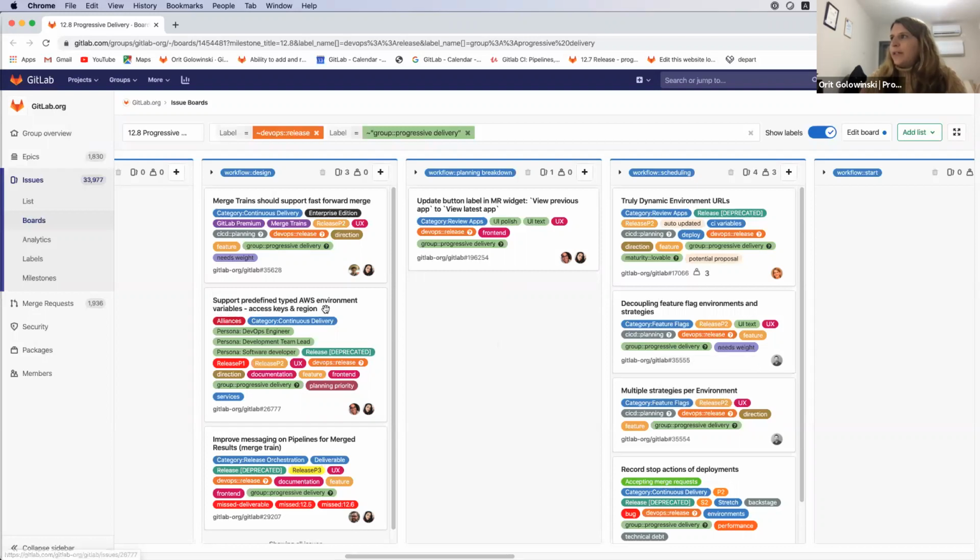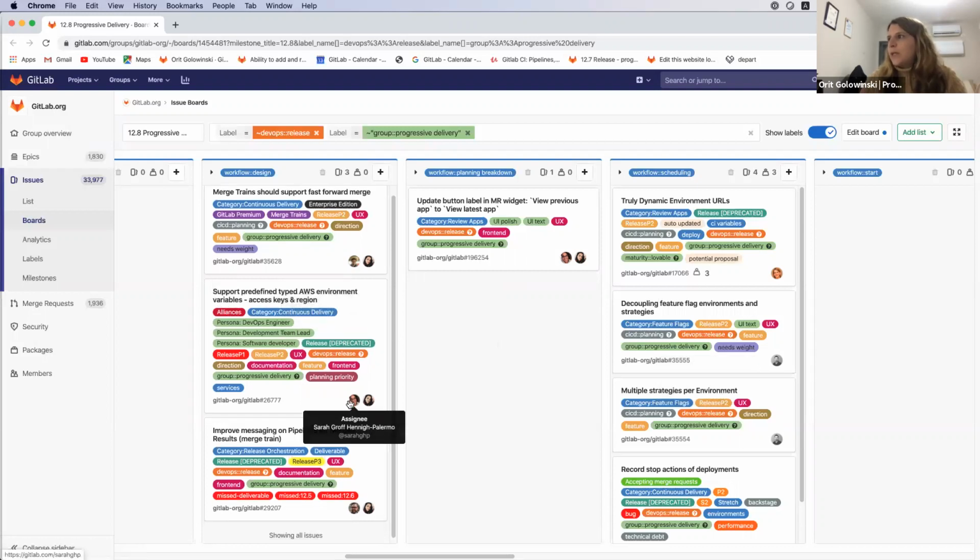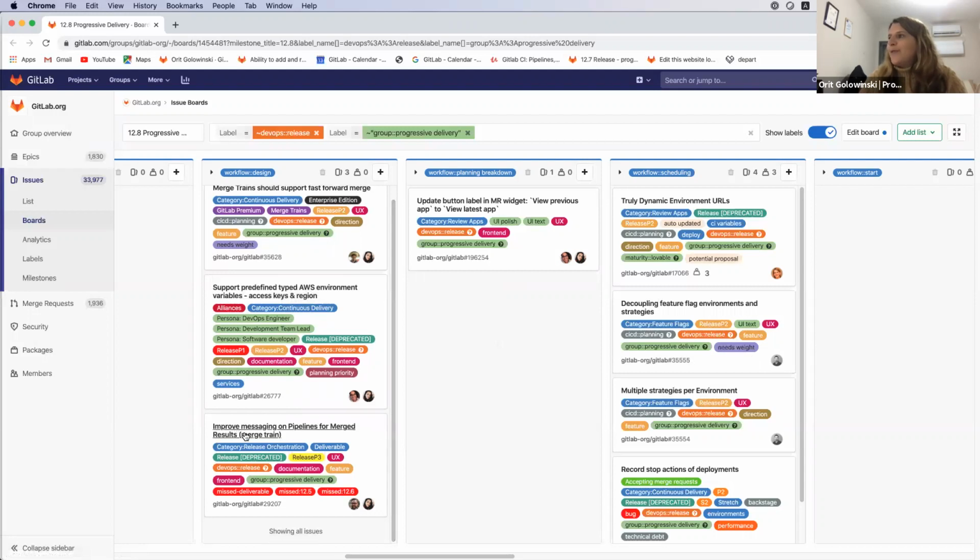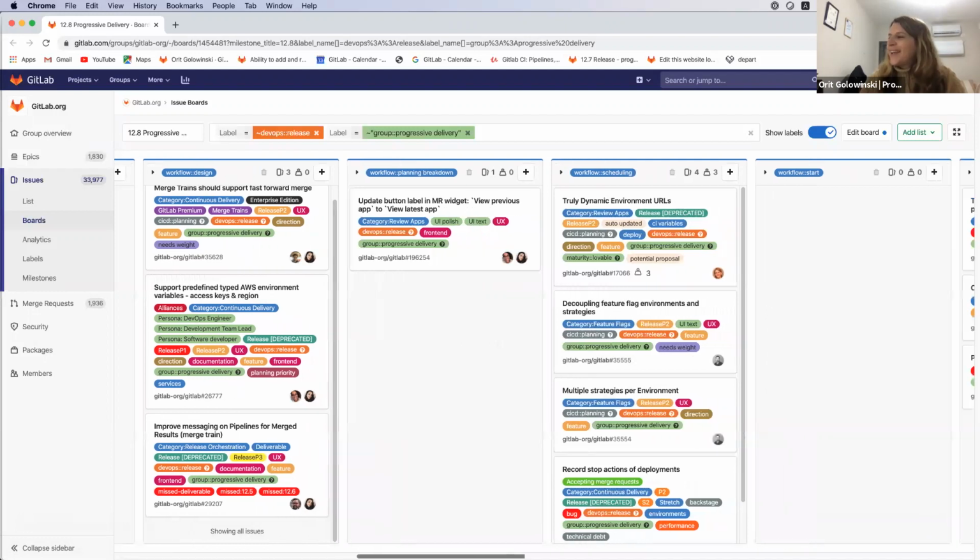Support the predefined AWS environment variables, which we discussed, and improve messaging on pipelines for merge results. So this one is an item that's been following us around for a few releases, and Hayana really wants to get this done in this release, so we're gonna get this done in this release.